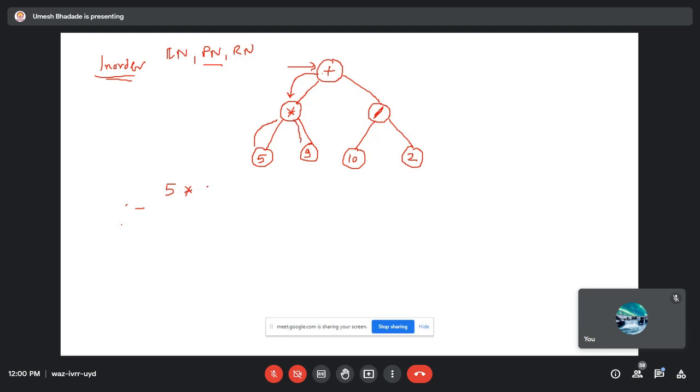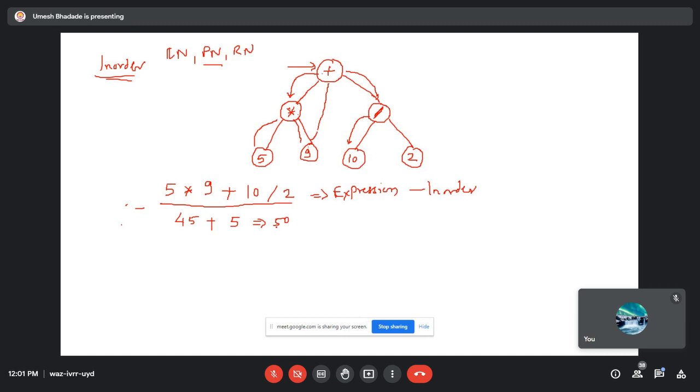Then I will go to the right node, and then I will go to the middle parent node of the parent node of 9. So plus, then I will come to the right node, and to the left of that 10 slash 2, right? So this is the expression. This is called an expression, but it is the in-order expression. So what will be the answer here? 5 into 9, that is 45, plus 10 by 2, that is 5, is equal to 50 is the answer,